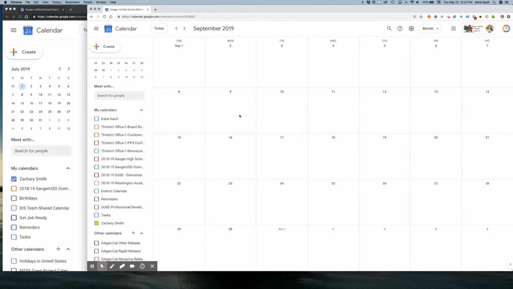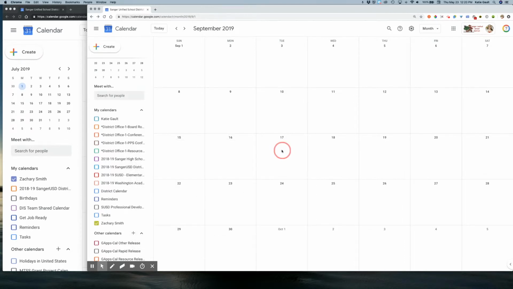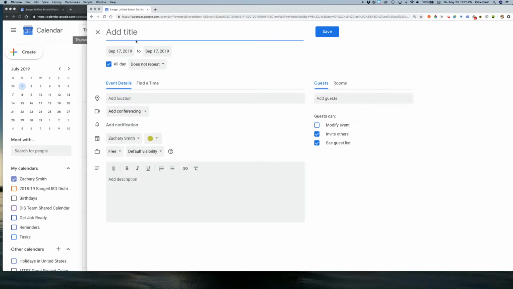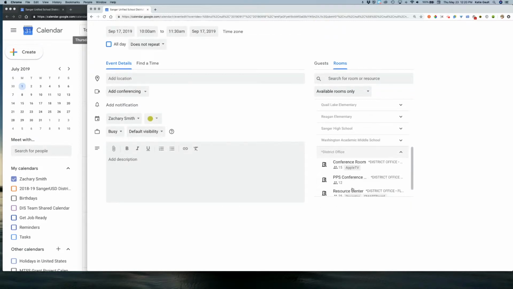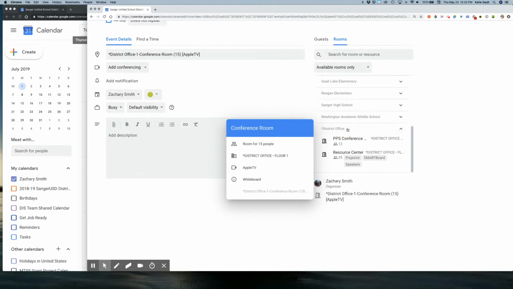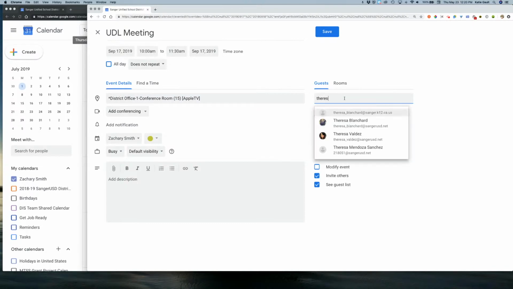So say, for example, I need to schedule a meeting on September 17th, 2019 as Zach. So I'm going to either click once and then click more options, or just double click and the whole thing will pop up. I'm going to say that this is a Canvas meeting or UDL meeting. It is not all day. It's September 17th from 10 to 11:30. The room that it is in, I'm just going to pick a random room here, district office, and it is in the conference room. And I'm going to invite Teresa Blanchard,